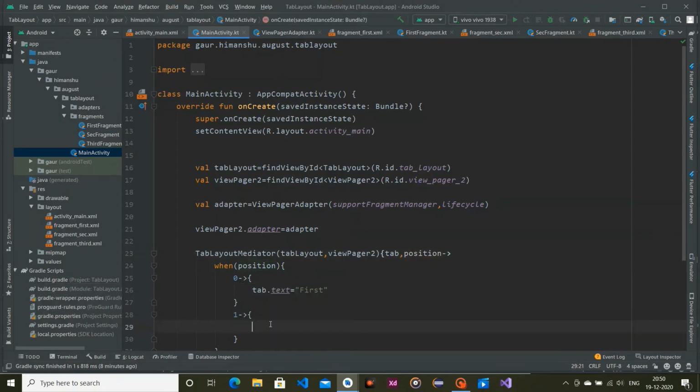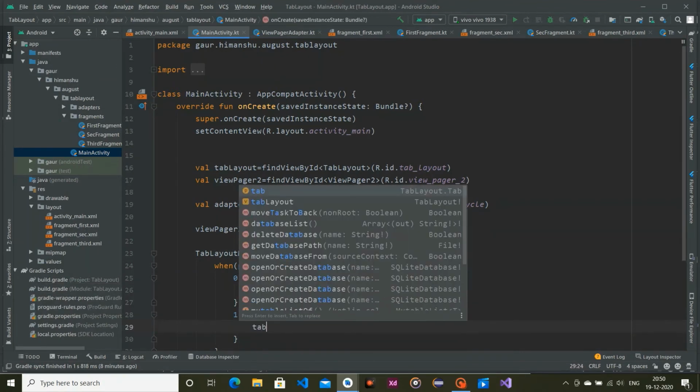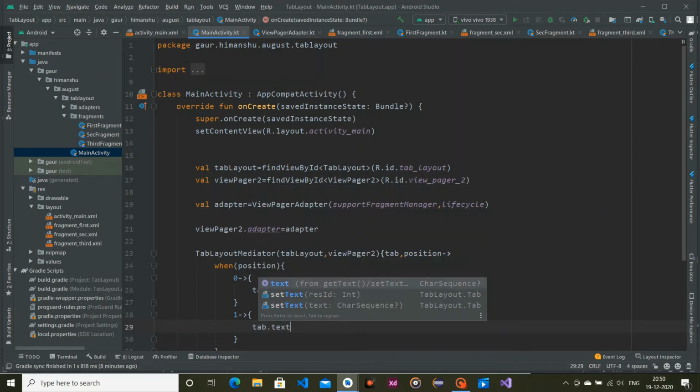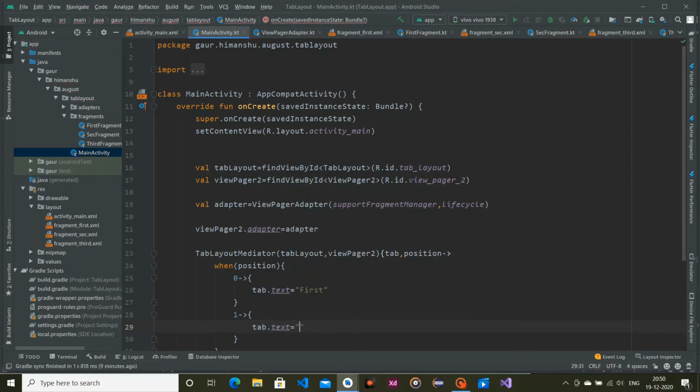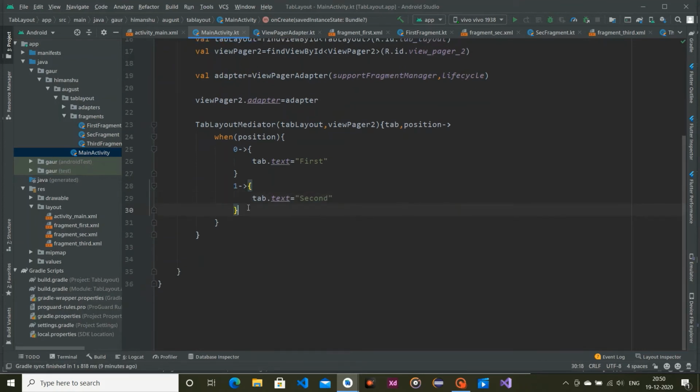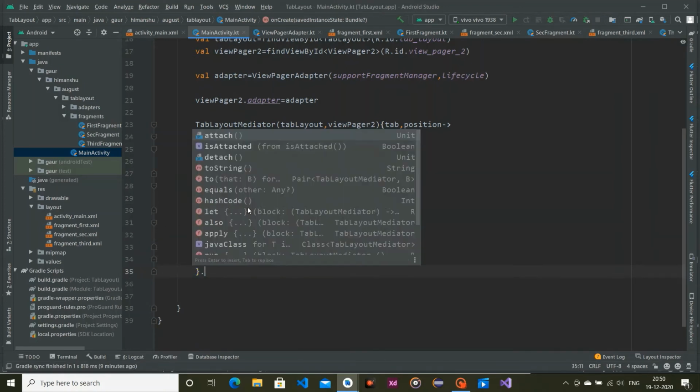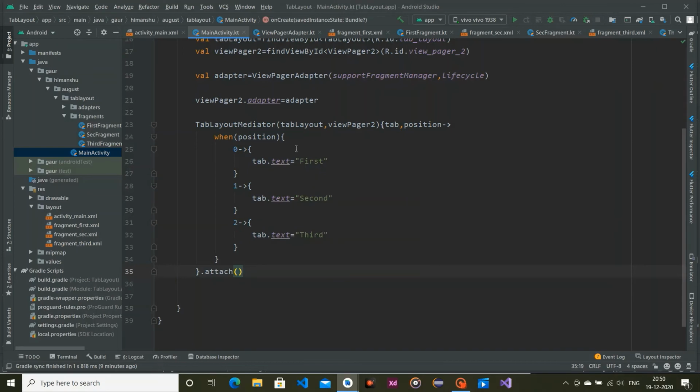When it is 1, I want to set our tab text as second. When it is 2, tab.text equals third. And lastly we simply attach, and I think we have done all the things.